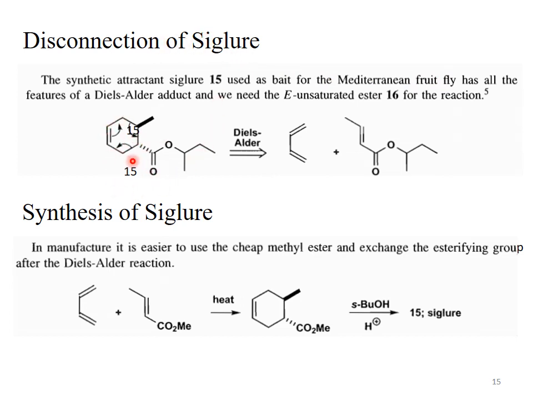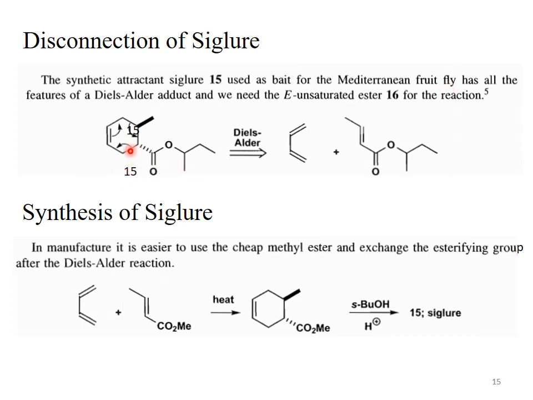See this one. This Sigler contains a 6-membered system. The second requirement, it has a double bond within the 6-membered system, and the third requirement, it has an electron withdrawing group opposite to the system. So see over here, these two carbons, this one and the other carbon is this one. These carbons are part of the dienophile, and see the configuration.